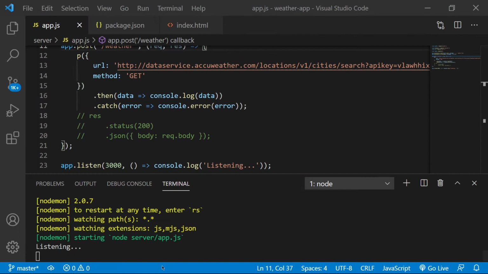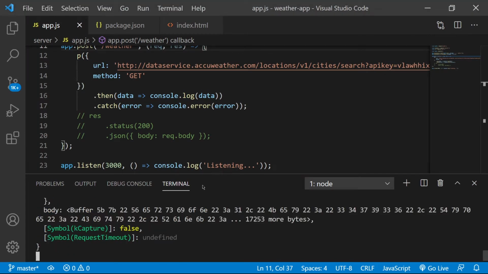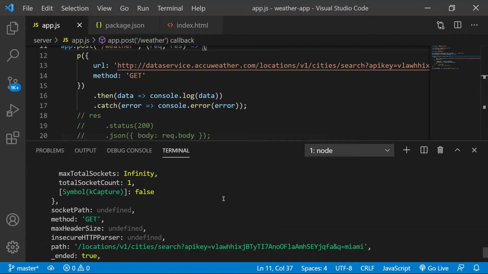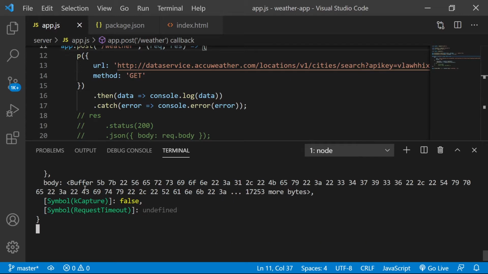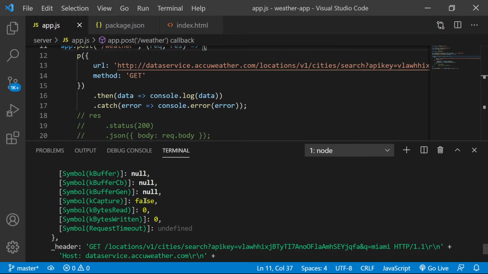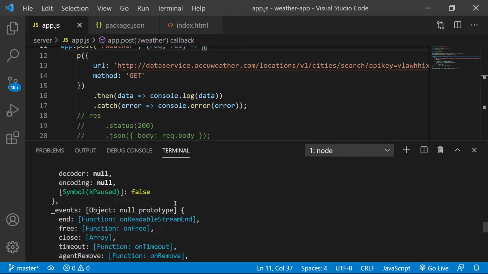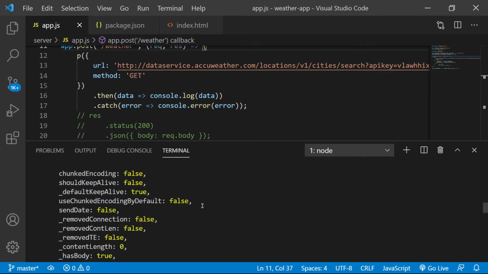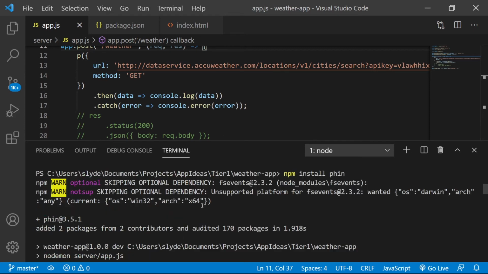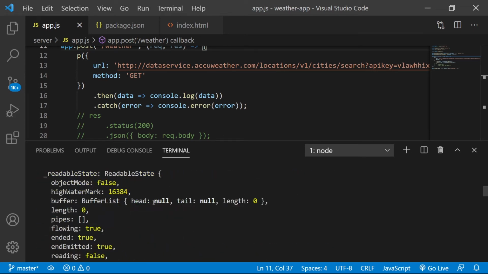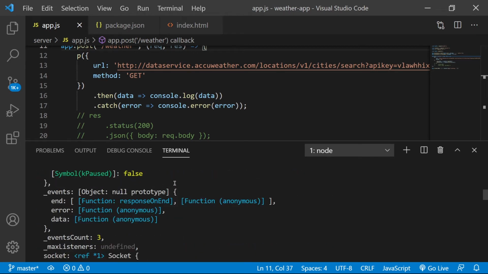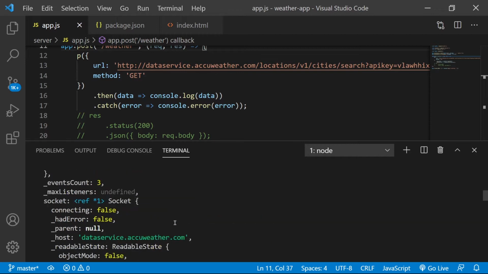Let's go back to our code here and see what we have. So we do have some stuff. We have this body that looks like a buffer, header. So it looks like we did get a response back. Is there a way that I can see the code? Massive, massive body here. Mutable state, events count.